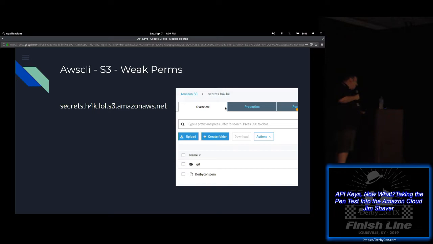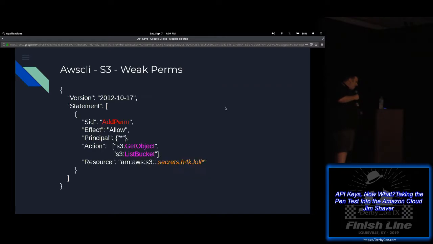So there's a Git repo. We're going to see what's in there. And then there's a PEM file, which is basically like an SSH key. We're going to see what that might be useful for a little later. Okay? And this is an AWS permission statement. It's written in JSON.